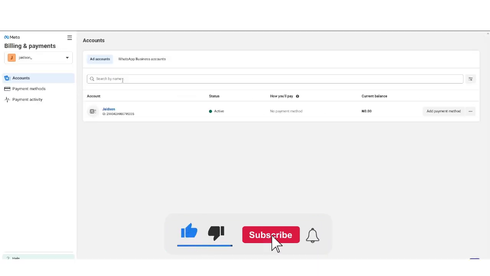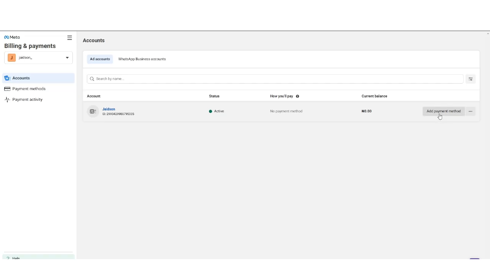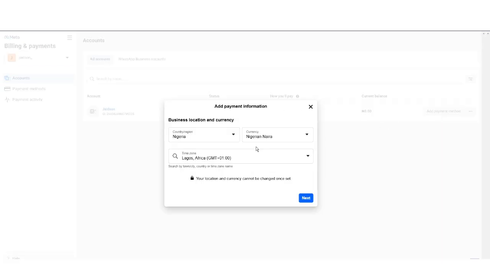Ensure you have watched the last video, how to create a Naira ad account, so you don't have issues with this phase. Step 3, click on Add Payments. Then it will just ask you a few questions. Next,